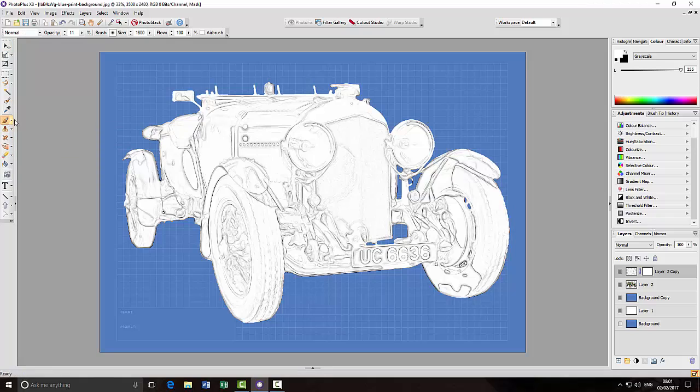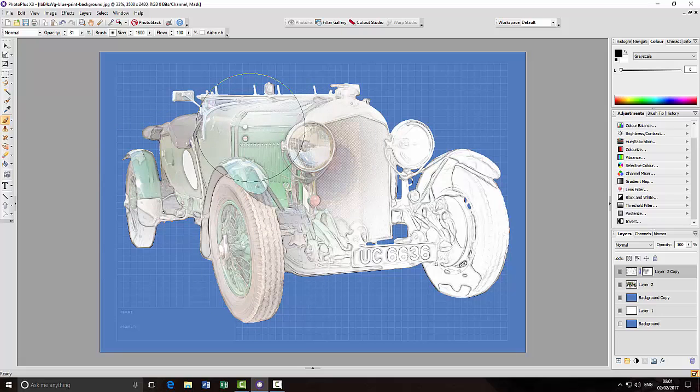So come to the paintbrush tool, make sure that black is your foreground color, and much like in the previous part of this video, I've got a soft brush and the size is quite big. Here I've got 1800. I will increase the opacity a bit, and probably not as high as what I went in Affinity Photo. I'm putting this up around the 30% mark, and I'll just paint and click and paint